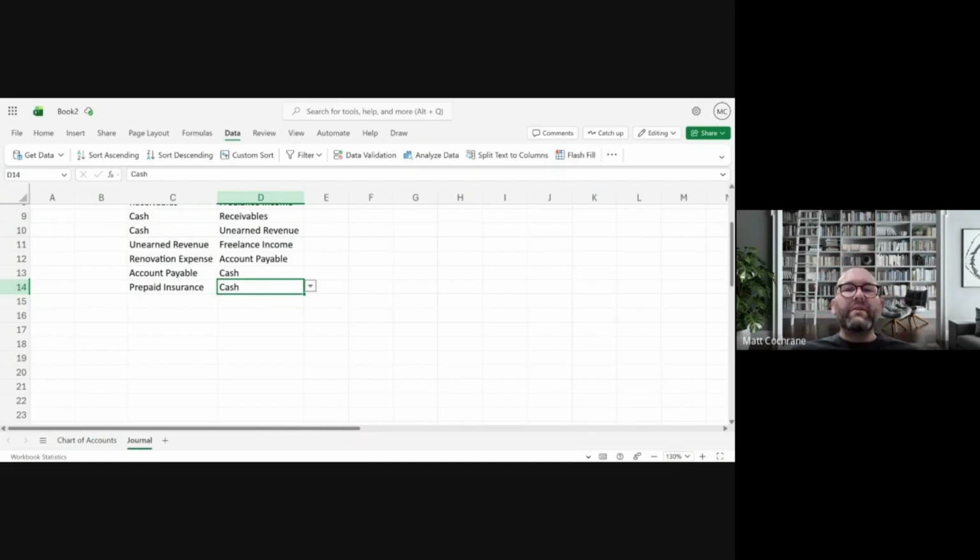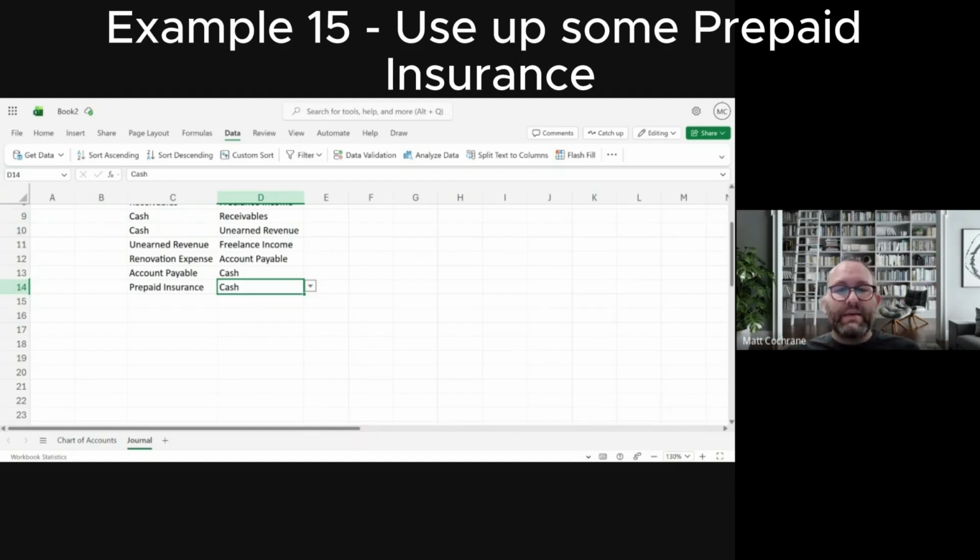Okay, now let's say that we bought that in period 1, at the beginning of the month, and at the end of the month we want to make our adjustment for our prepaid insurance. We need to actually record the expense, and we need to reduce the value of the asset by the same amount. Okay. So